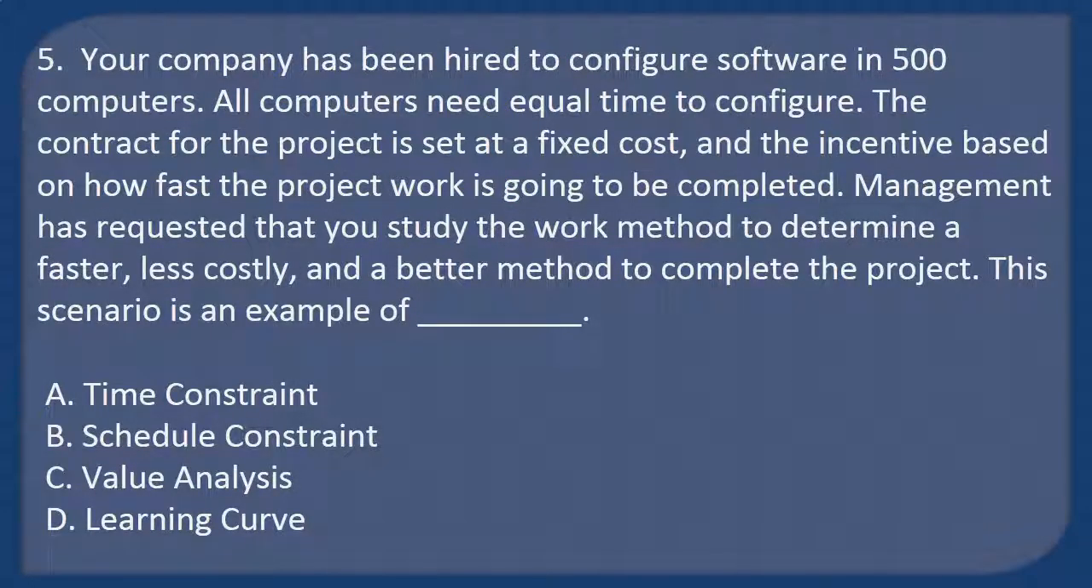Question 5. Your company has been hired to configure software in 500 computers. All computers need equal time to configure. The contract for the project is set at a fixed cost, and the incentive is based on how fast the project work is going to be completed. Management has requested that you study the work method to determine a faster, less costly, and a better method to complete the project. This scenario is an example of